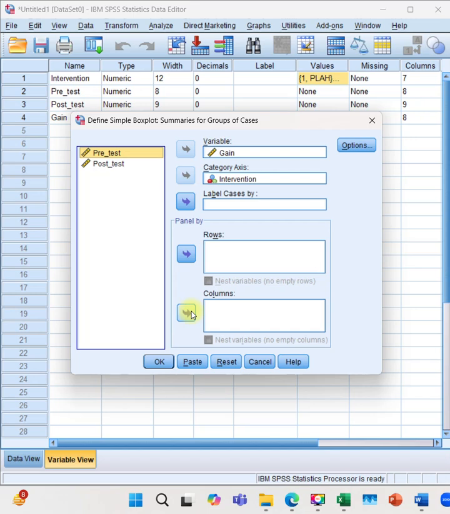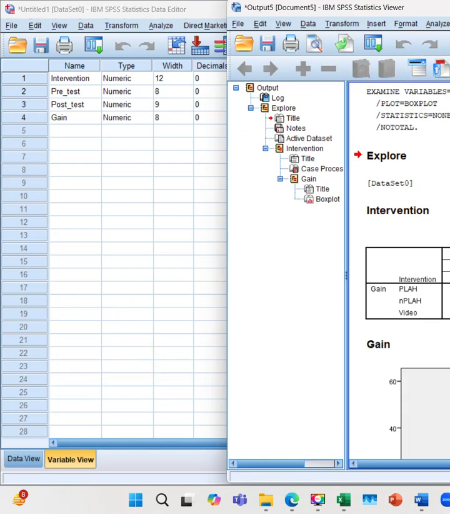So you press define. So here you will define your dependent variable, which should be the continuous data. You put it in the variable field, and your independent variable or the intervention that you use in the category axis, or this is the category data. And then you just click OK.